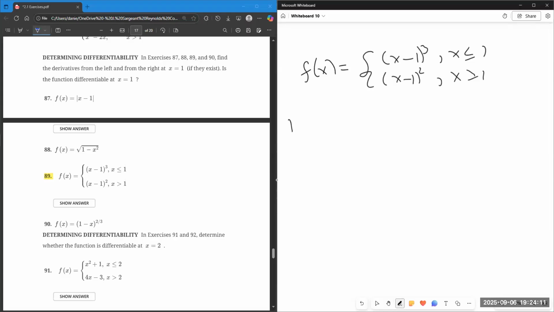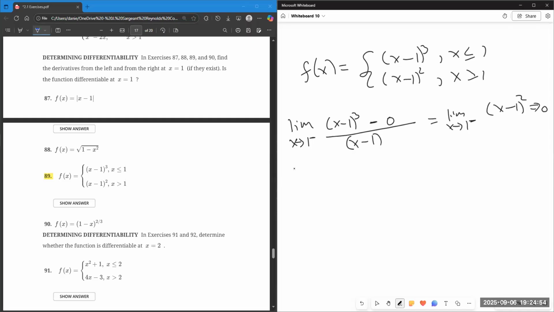So limit as x approaches 1 from the left of f of x minus, stick 1 in there, 0 over x minus 1 is going to be the limit as x approaches 1 from the left of,